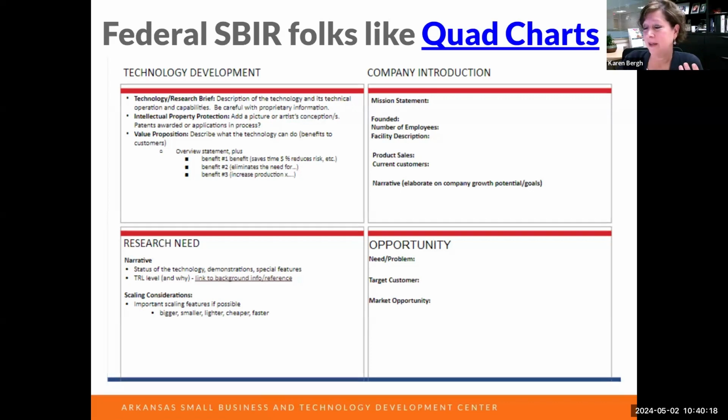It's got the value proposition on the left. It's got, on the bottom right, the need and the problem, and it's got the target customer. Those are all things that we talked about on Lean Canvas. Market opportunity is actually a little more specific in that bottom right corner. The market opportunity is literally, they want to know the size of the market, and they want to know what you know about its potential for growth or for you to enter that market as a new offering.